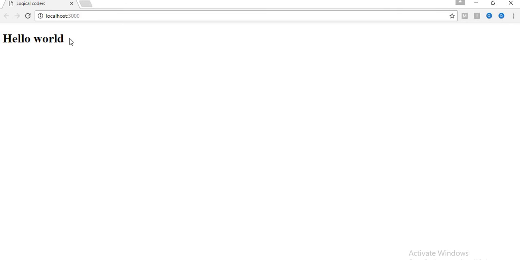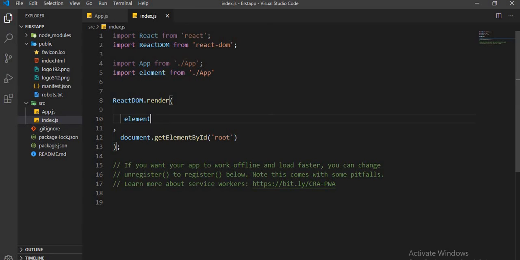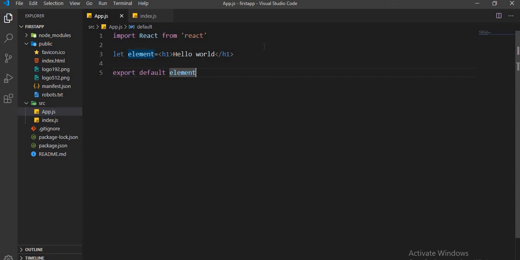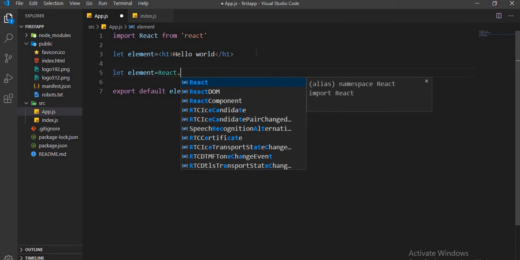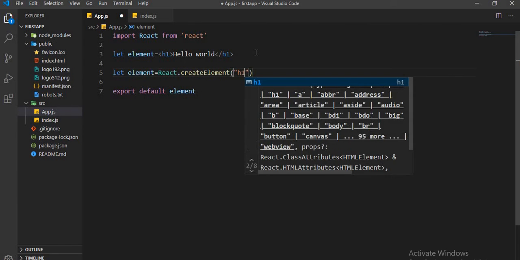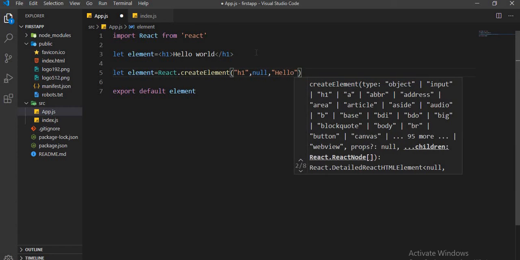As you can see here, hello world. Now let me explain what we are doing here. You can also see that I haven't written React anywhere in my code except in the import statement. So why am I importing this when I'm not using it? Actually, what happens behind the scenes is Babel will convert your JSX code into actual JavaScript. Let me show you how it will look. let element = React.createElement, your h1 tag, null, and your string hello world.